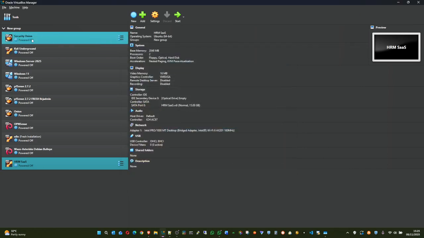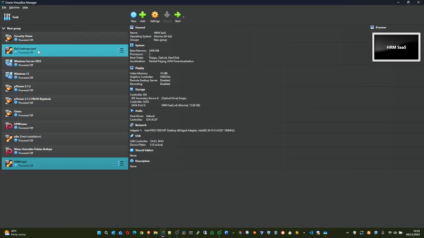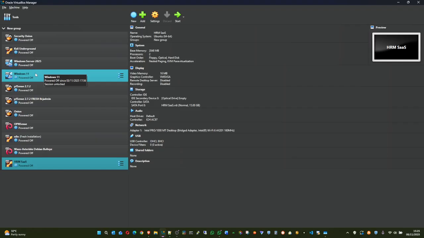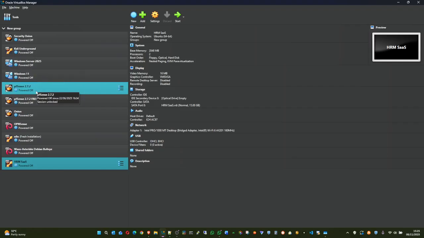You can see right here, I have Security Onion. It's a whole stack for a SOC, Security Operations Center solution. I have Kali, which is a new breed of penetration testing. This is what ethical hackers use to do all their core activities. I have a Windows Server 2025 right here. I have a Windows 11. I have pfSense, which is a firewall.